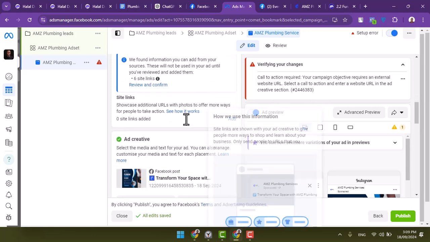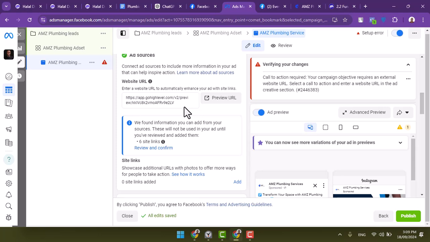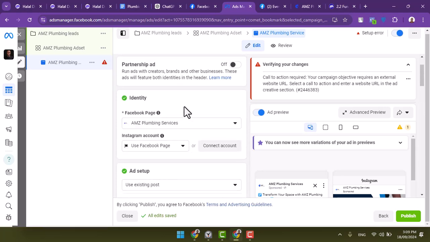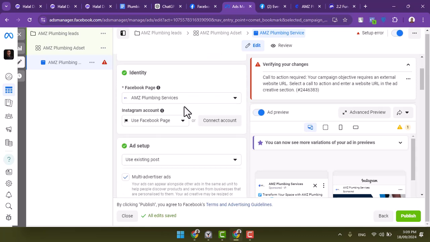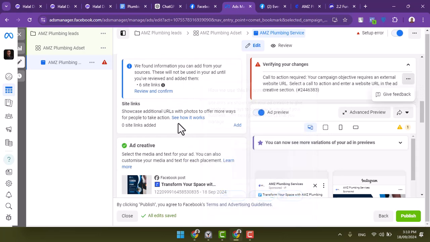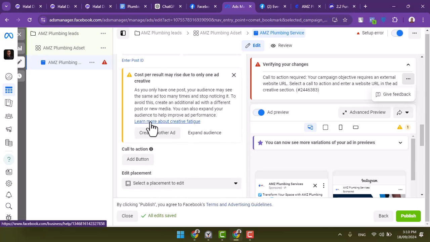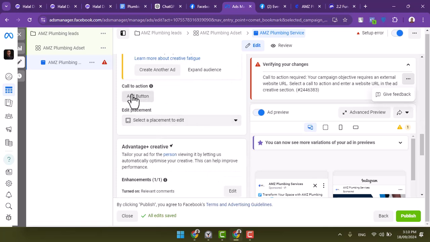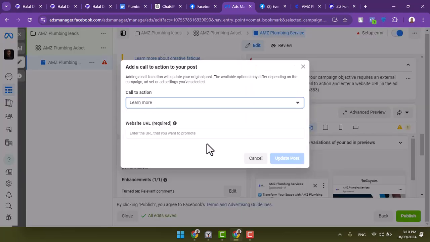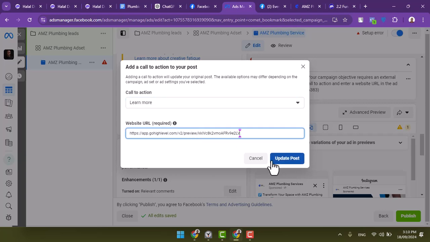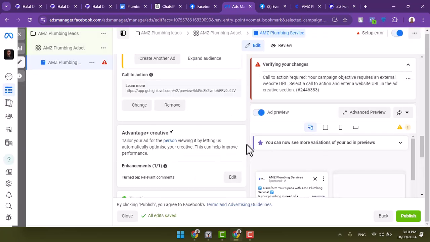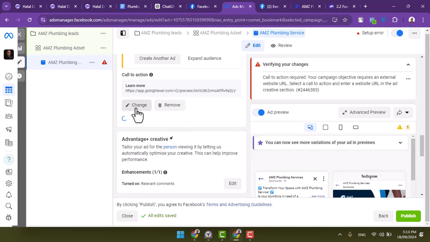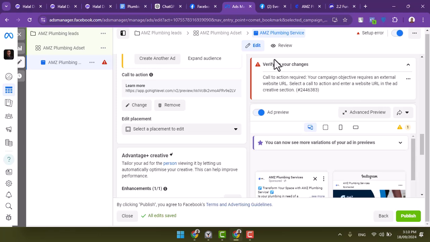So it's asking for the call to action. The call to action is here. You can see we've not added it. So we'll click on add and we'll click on learn more. It's going to ask us for the URL again. We paste it and we'll click on update post. You can see this is it. So this one should go away